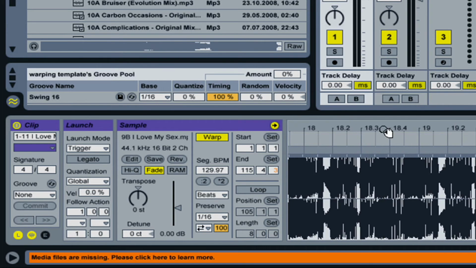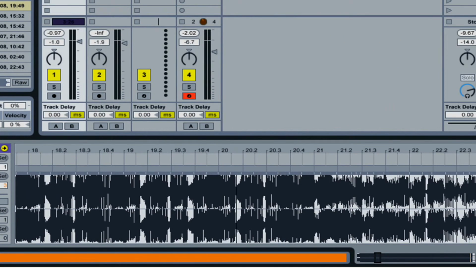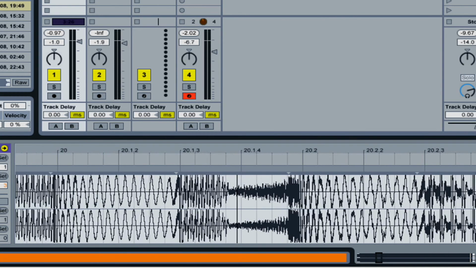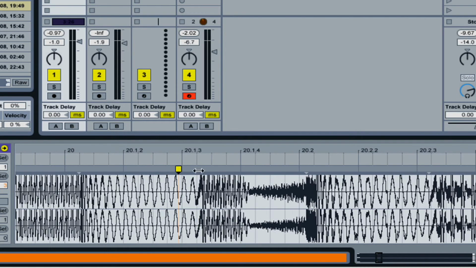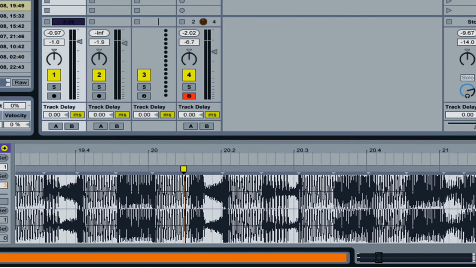Let's say, for example, that we have a beat that's off. I'm going to purposely throw a beat off real quick. Okay, so that's off. Let's say that the beats next to it are completely on, and we don't want to affect the rest of the track, but we want to move this one beat over. Or maybe we just want to throw a beat slightly off, ahead or behind, just to give it a little groove. Well, now what Ableton allows you to do is,